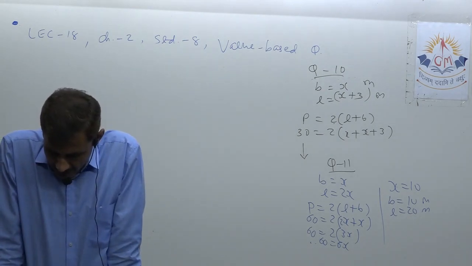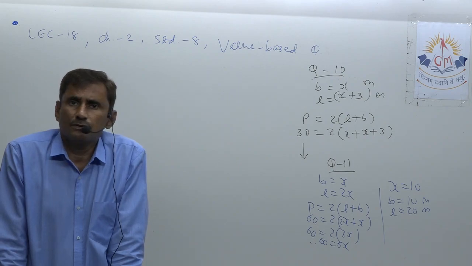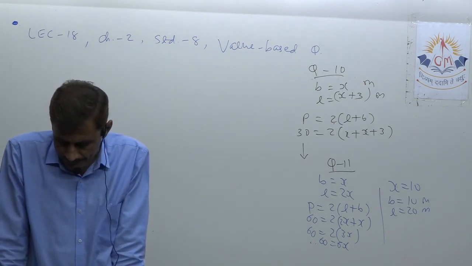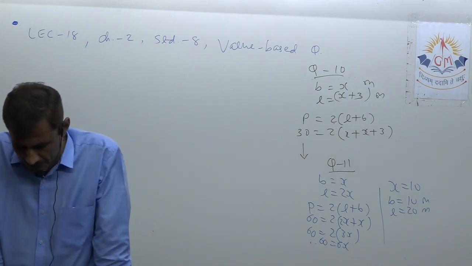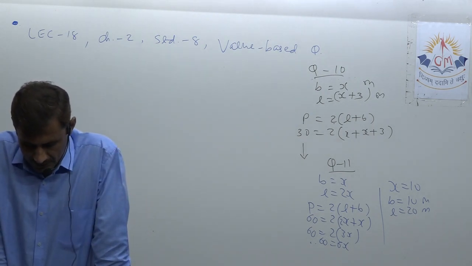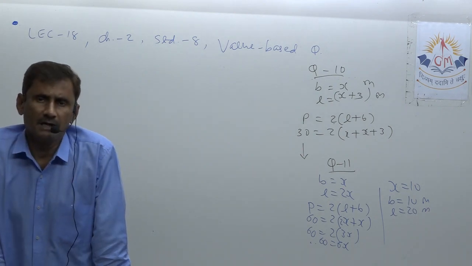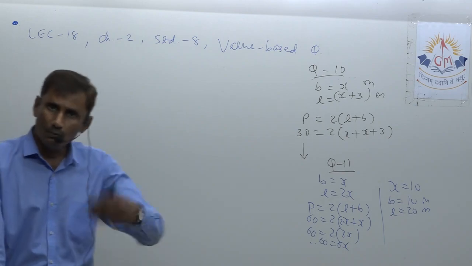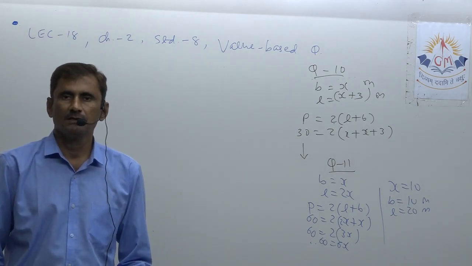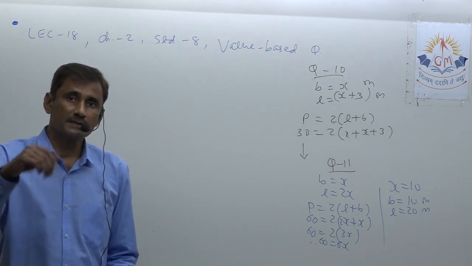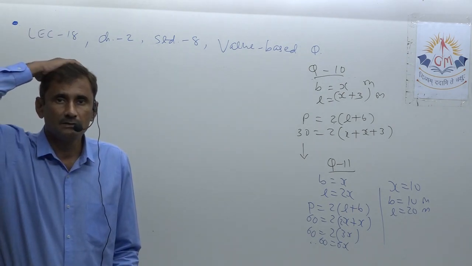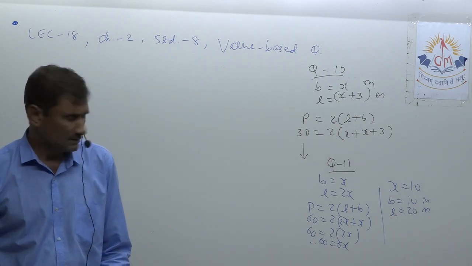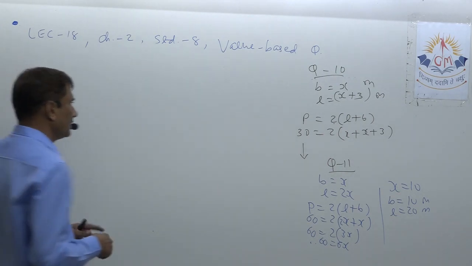Okay, so 12 you can do very easily because you have no need to suppose, it is already given in supposed form. So x plus 2x plus 2 plus 3x minus 2 equal to 30. From this you will get x, and after getting x, you will have all three sides. Just put the value of x in all three expressions they have given. Okay, so 12 you can understand.